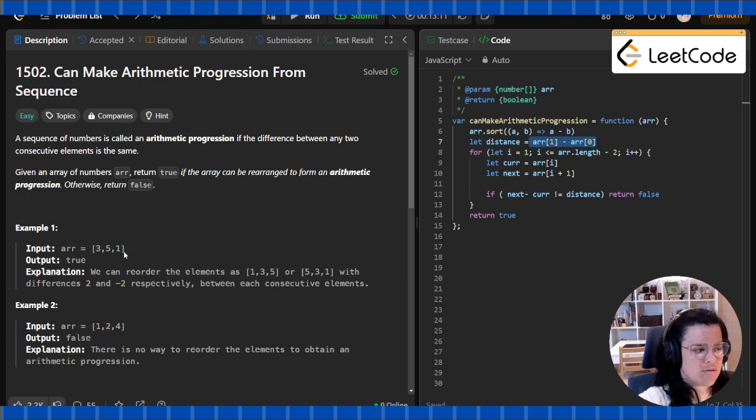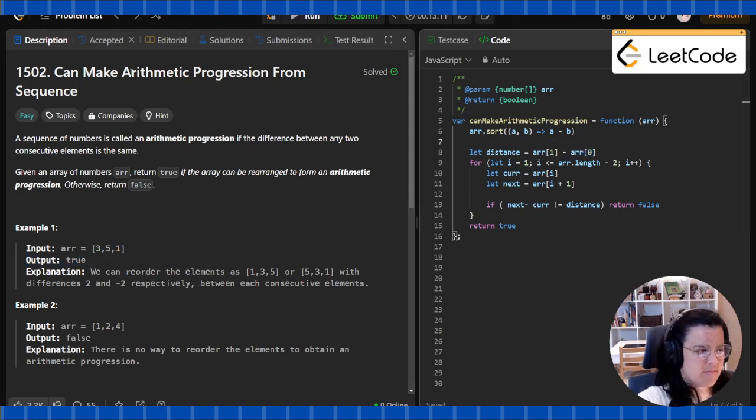So that's going to be something like, I'll get this array after sorted, right? So doing array at 1 minus array at 0, that is 3 minus 1, I'll get the first distance, which is 2, right? So then